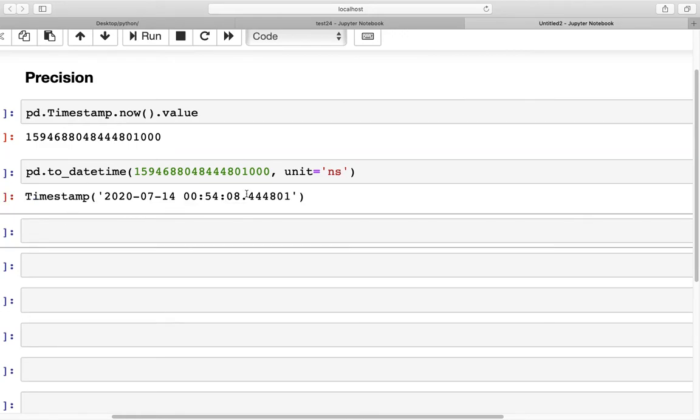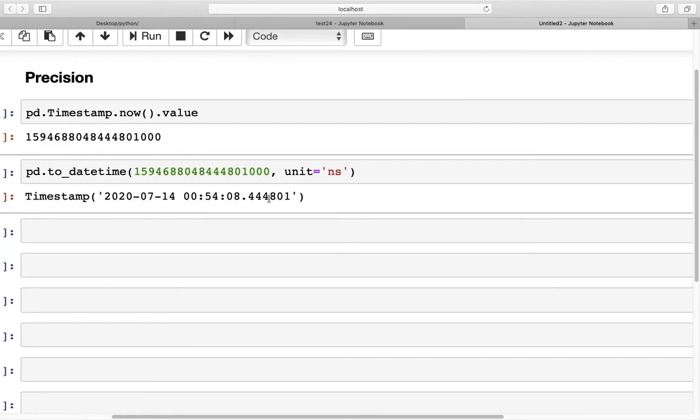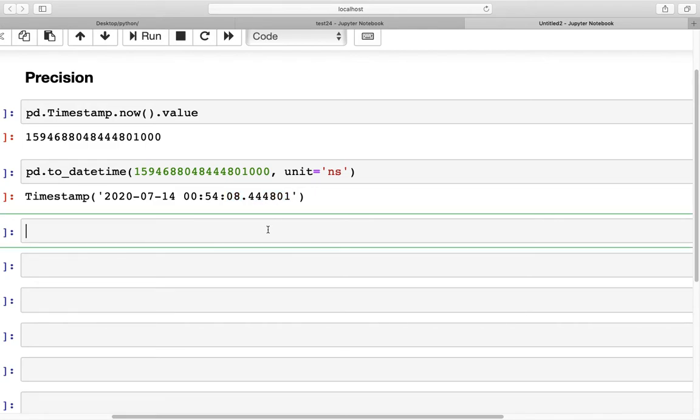So as you can see, we have a nanosecond resolution right here. Now if I copy this entire thing, and instead of nanoseconds, I just specify seconds and remove the last digits,